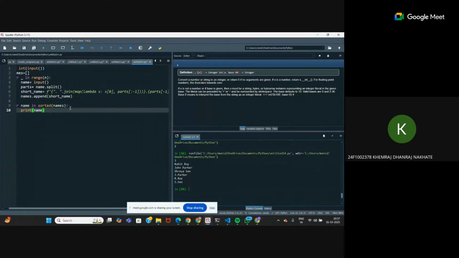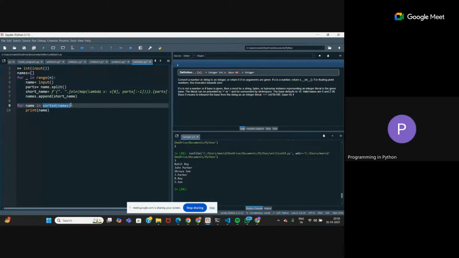Yes, yes. Okay. Line 6, ma'am, is clear, right? This is the most important line here. Ma'am, in the line number 9, for name in sorted, the sorting will happen only once, or every time it picks up a name from the list? No, sort once. See, all the abbreviated names are present in the names list only, right? Correct. So if you sort the entire list and then print one by one, the names will be printed in sorted order only. So it will sort the names, and then from that it will pick up each one and print it. Yeah. When you take sorted names, it sorts the entire list.